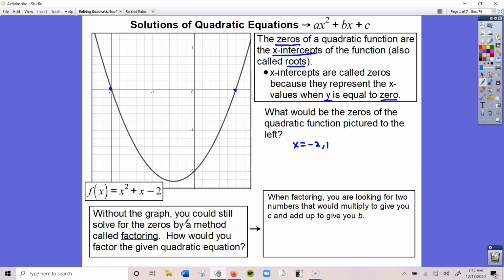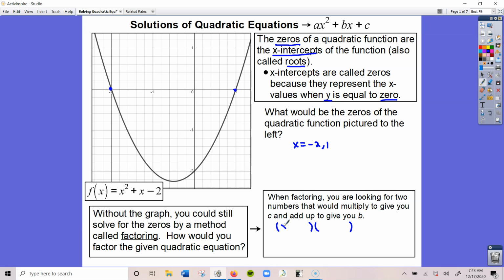As a reminder, when you're factoring, you are trying to undistribute. So let's say you had (x plus 3)(x minus 1), that would be a factored form of the quadratic equation. And then when you multiply everything out, that's when you get an equation in standard form, such as this one, x squared plus x minus 2. So now, when we're trying to factor, we already know because this is x squared, we're going to open two parentheses,